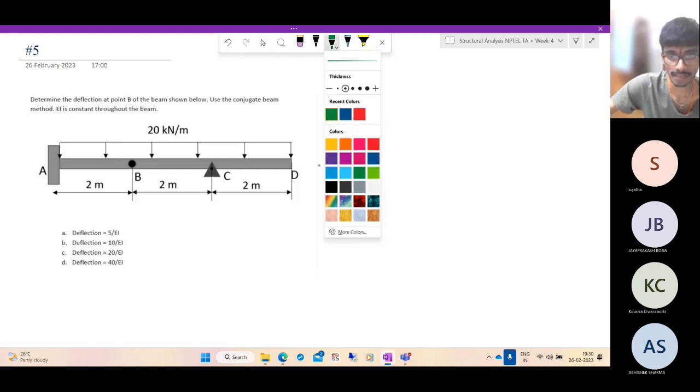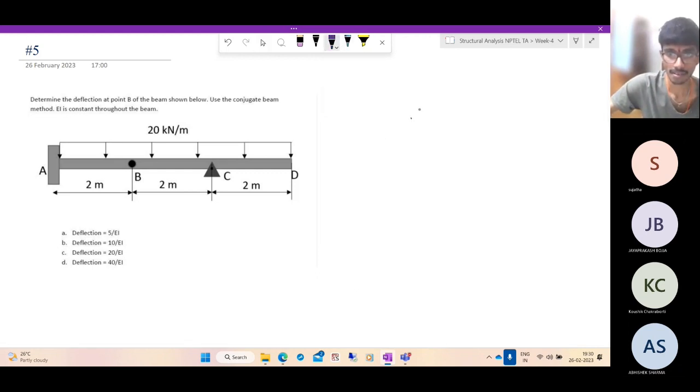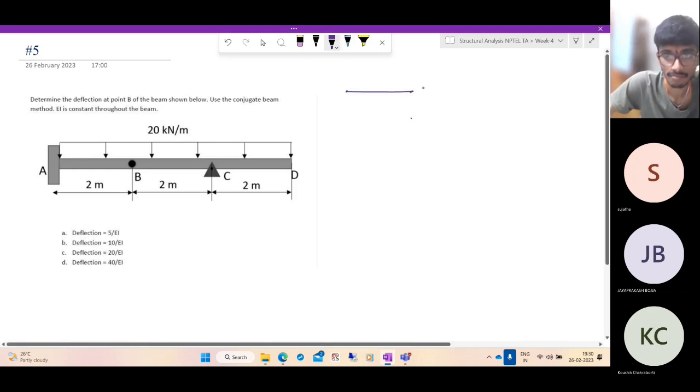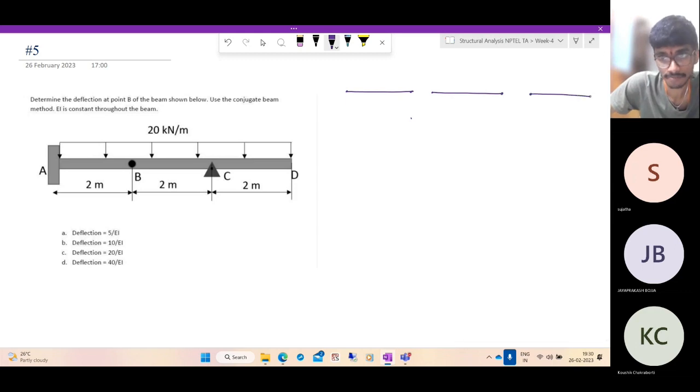Let's start in the usual manner. As usual, what is the first step? This is a multi-span beam. It is statically determinate. So the first step is to determine the support reactions. Split it into 3 parts. At D, what do you have? D is a free end. So at C,